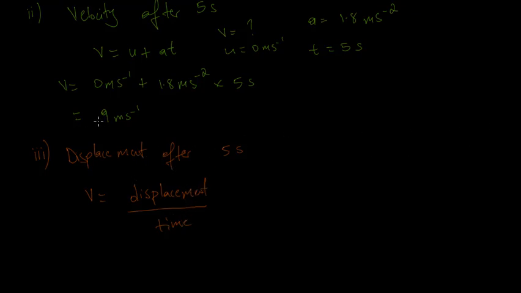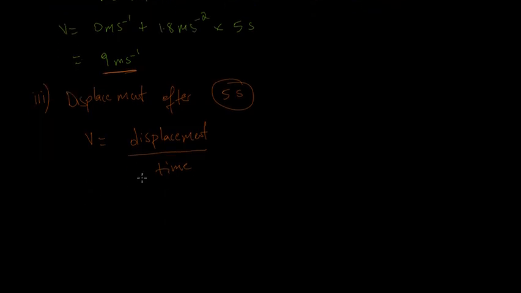We just worked out velocity to be 9 meters per second, and we're asked to find the displacement in 5 seconds. So we can rearrange this formula to make displacement the subject, and whenever we do that, we'll get that displacement